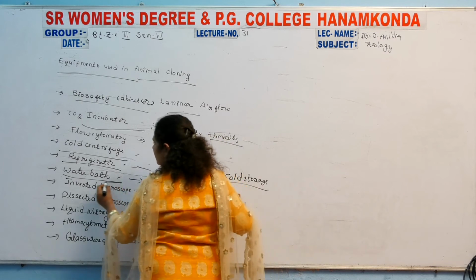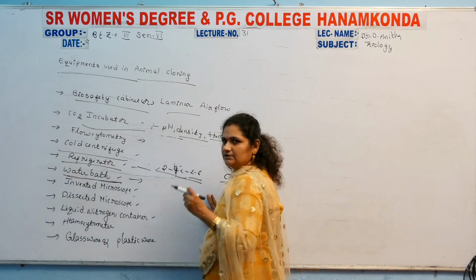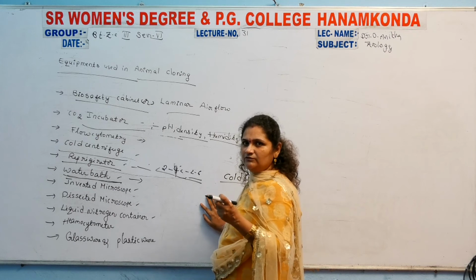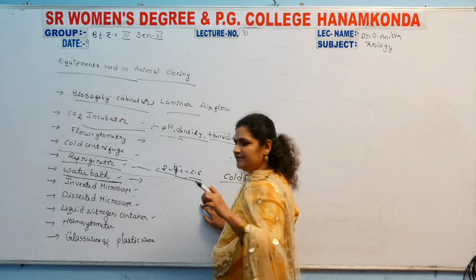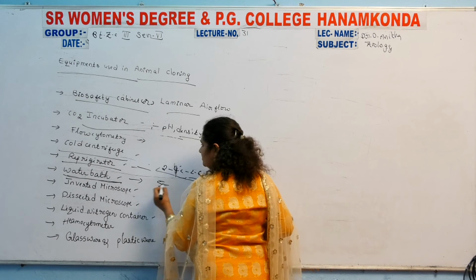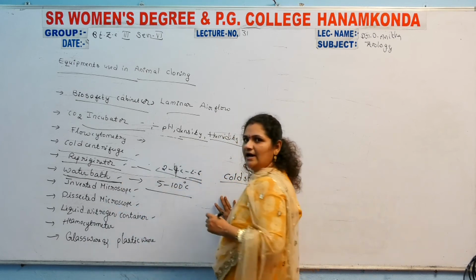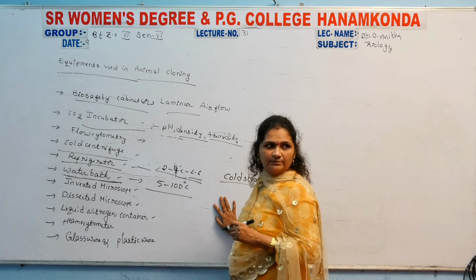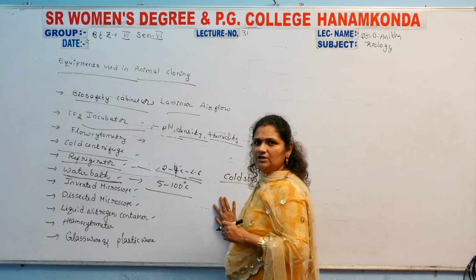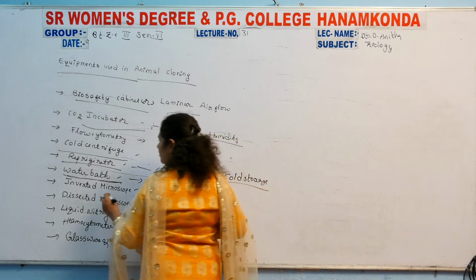Mainly the water is placed inside and some gaps are there, and those gaps are helpful for placing the sample test tubes. The temperature is maintained inside the water bath from 5 degrees centigrade to 100 degrees centigrade, which is the boiling temperature of the water. It is equally maintained inside the water bath.